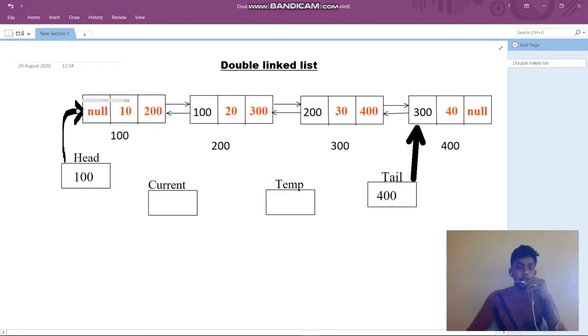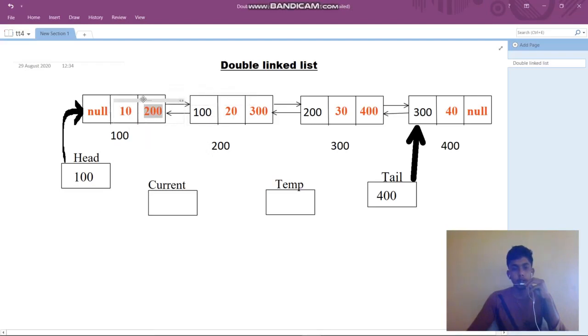Now, this column stores the previous node address. Consider the previous node address. There is no previous node, so I'm assigning null. This is the data part, where I have given 10. Now 200: let us consider I am creating another node, that is 200. That next node address will be stored here, on the right side.